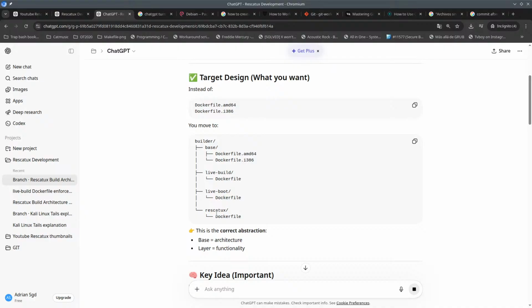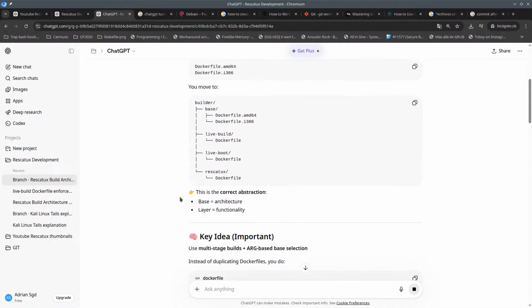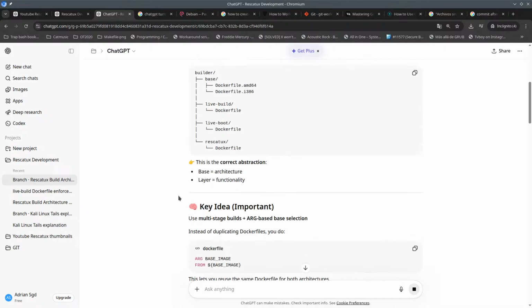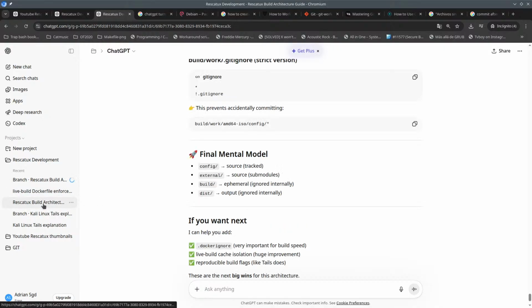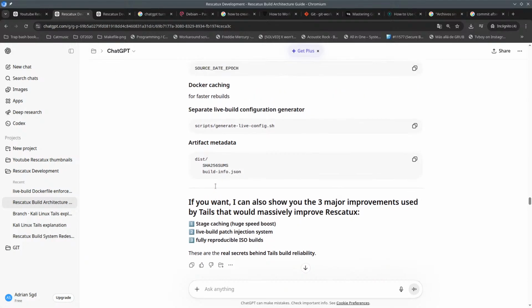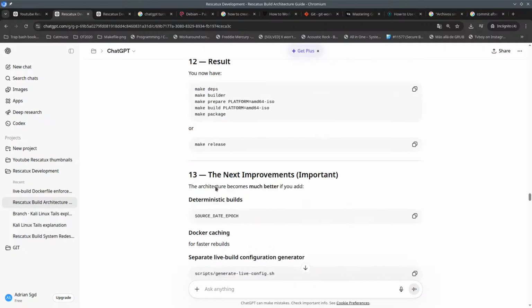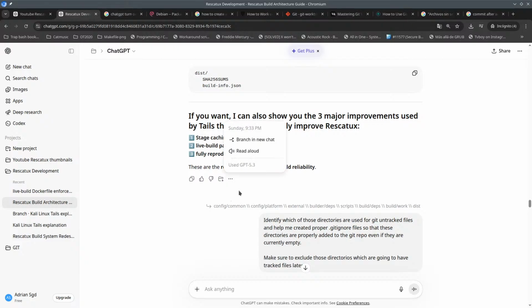base and Rescatux. Why Rescatux isn't there? Why is this so wrong? Let's start again from the same place. Maybe it's in here, isn't it? So let's branch a third time and hopefully